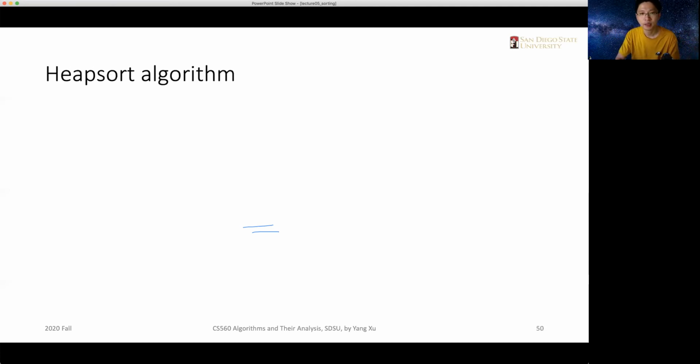Okay, so now we have introduced MAX-HEAPIFY and the build max heap. The next step is to implement the heap sort algorithm. Okay, and I think I'm going to put the heap sort into next Thursday's contents. So next Thursday, we will introduce heap sort, its implementation, analyze it, and then we will talk about the